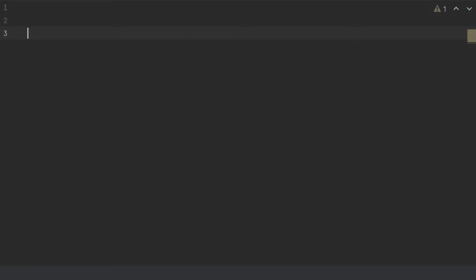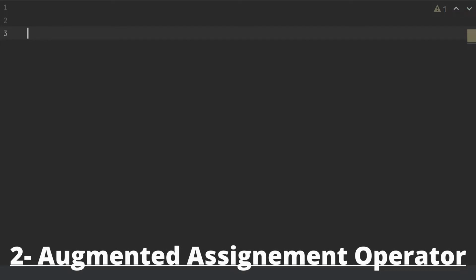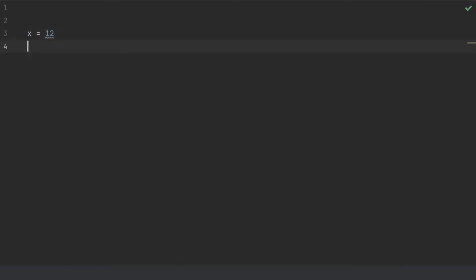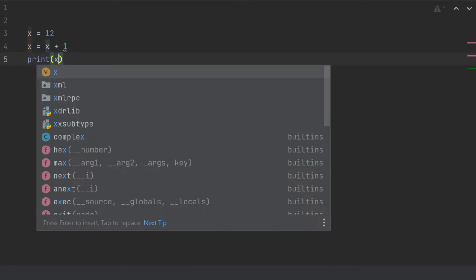In this section, you will learn augmented assignment operator. Let me declare a variable called x and I'm gonna assign to it the number 12. And I want to increment 12 by 1. That means I want to add 1 to 12. To do that, I'm gonna write x equals x plus 1. So what I'm doing here is I'm adding 12 and 1. Definitely I'll get 13 and 13 will be stored in x. So that if I print x, I'll definitely get